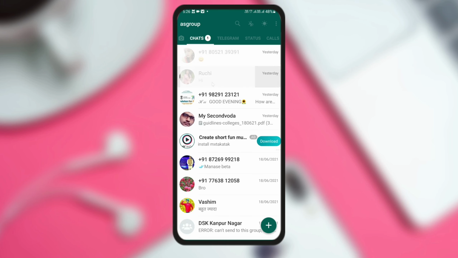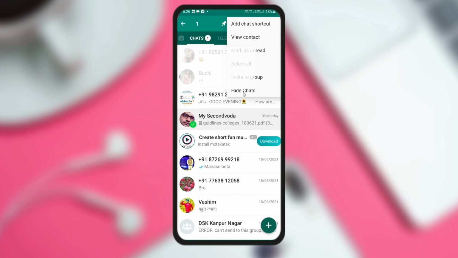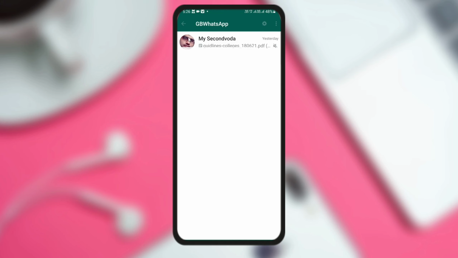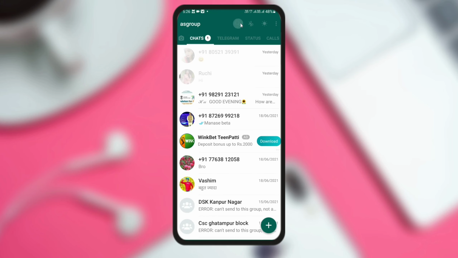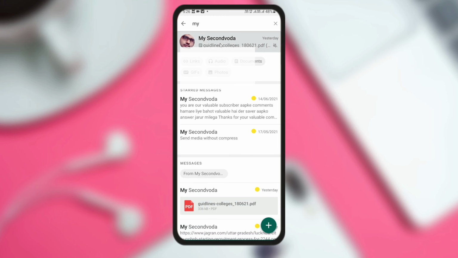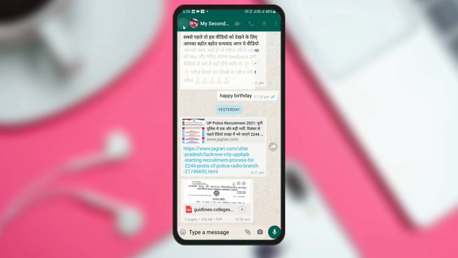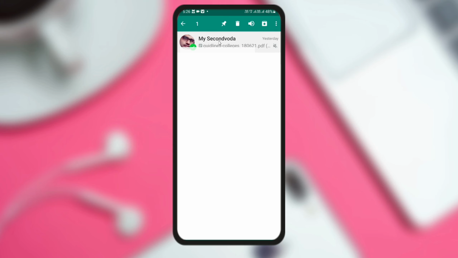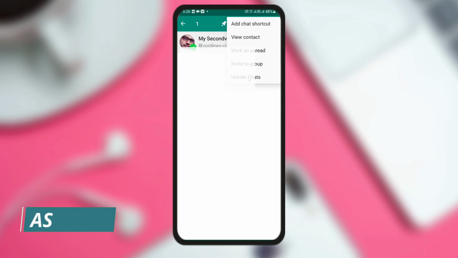If we talk about some other features, earlier there was an issue when we were clicking on any application and on the 3 dots, hide chat. When we hide, then what happens? Earlier we were facing the issue that when we type the same name or contact number, it was coming up in the search option. You can see that it is still there. So this bug is already there. This bug has not been changed. If you try to hide anyone, hide chat, then that hidden chat comes in the search box. So this was available earlier and is also available now.